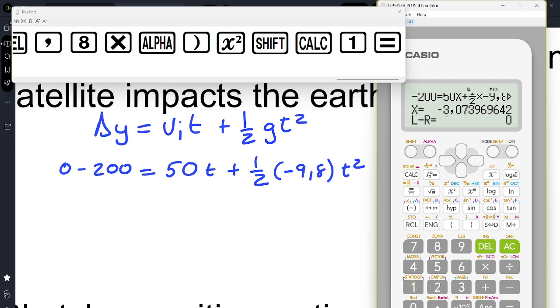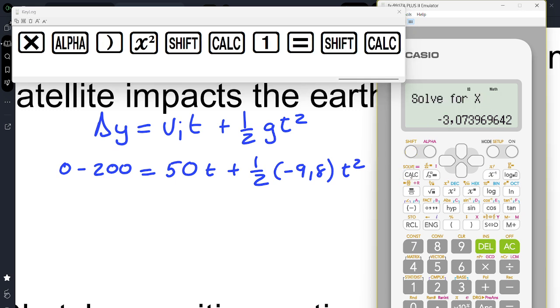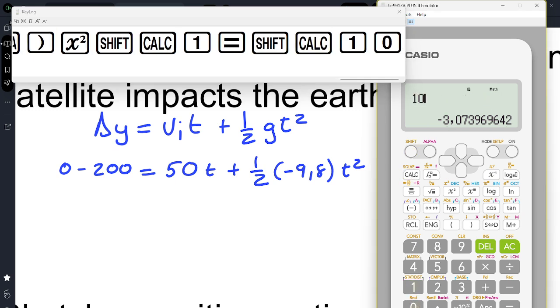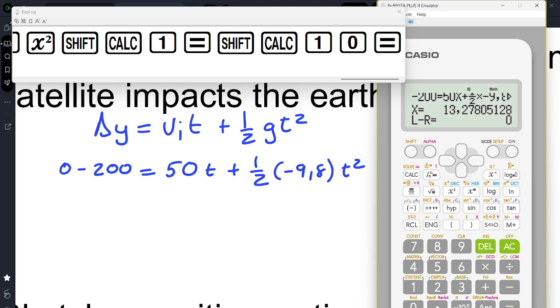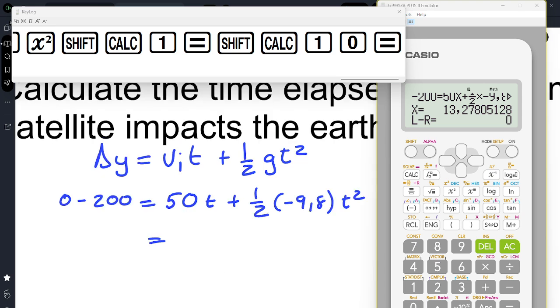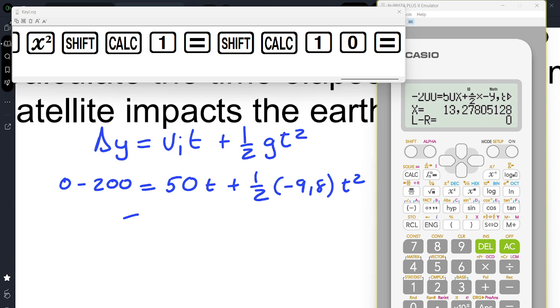Okay, so this is not giving us a nice answer. So when you get to this, we can see that the answer can't be -3. So shift solve again, and let's solve it for 10. Okay, and that gives us 13.27. That looks like it's about the right answer. So t is equal to 13.2728 seconds. Now the other way to do this is to take our equation here and convert it to a